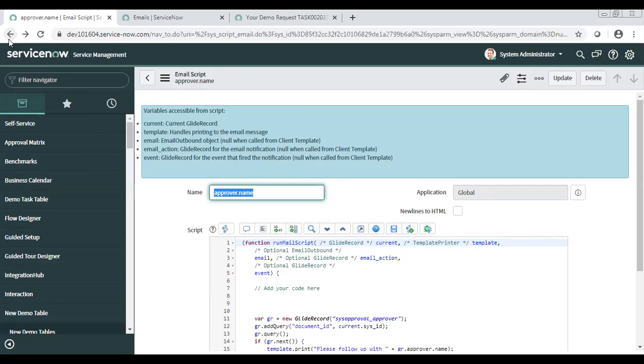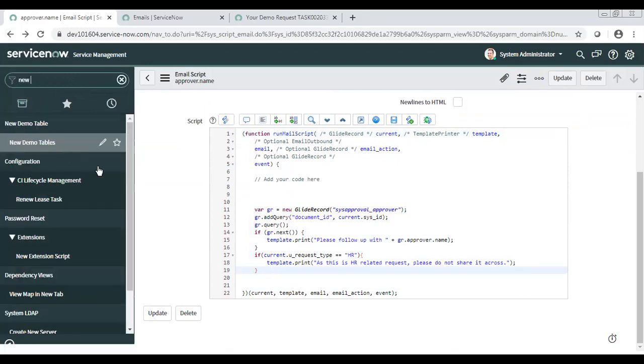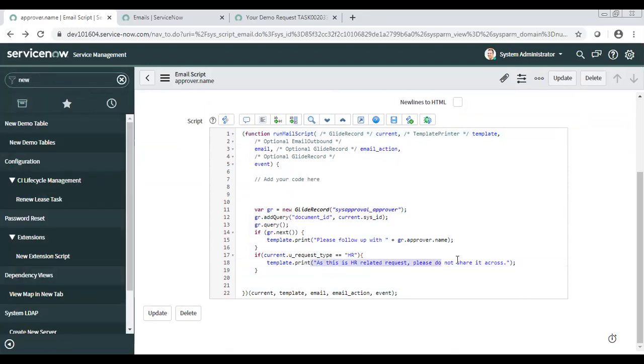If it is something which is not available on the form, you want to just put this content, it is not available somewhere, I just want to put this code, or I need to get it from another table and then print, in those cases script comes into the picture. Yeah, this is hard coded, right? The second statement, HR related and all those things. Yeah, you can say, but it's a statement, so I will have to put it.